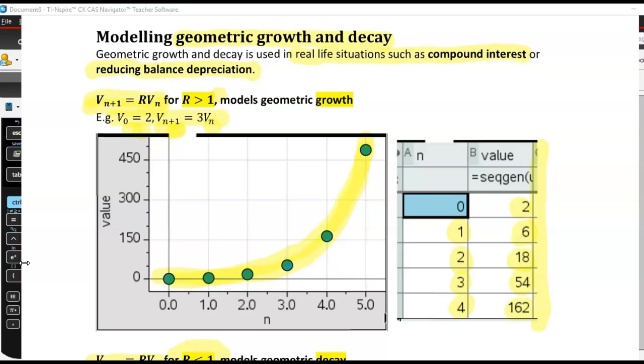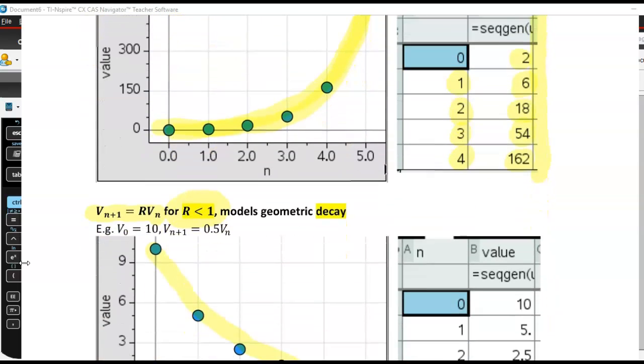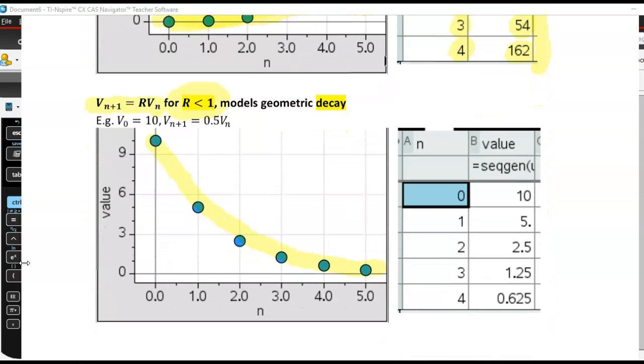Whenever you times something by a number greater than 1, it's going to increase, doesn't it? When you times something by 1, it stays the same. When you times something by a number bigger than 1, it gets bigger. But when you times it by something less than 1, and I'm talking here about a number between 0 and 1,